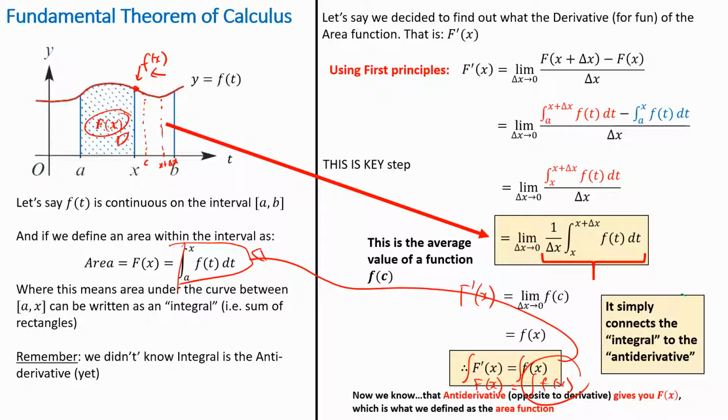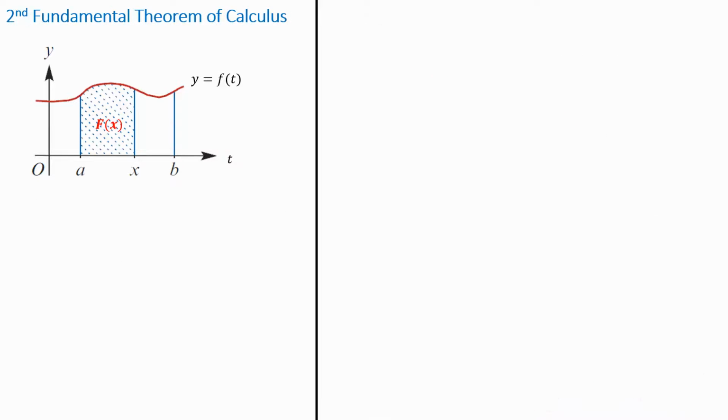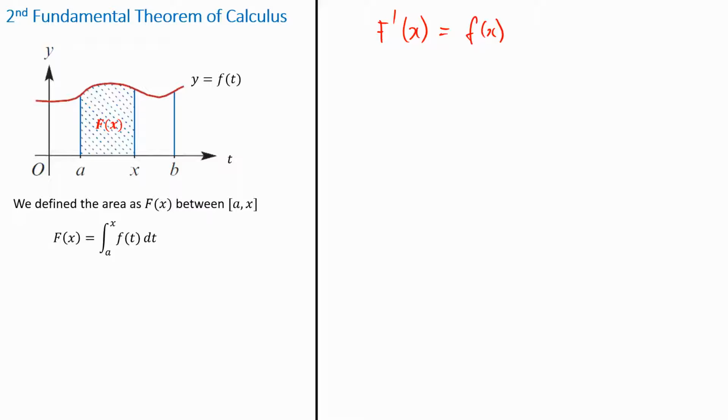Again, that's the sort of proof for it, which then leads on to, remember in my first slide about definite integrals, I said f of b minus f of a. Well, let's think about that now. So this is what we call the first part of the fundamental theorem of calculus. This is the second part of it. The second part says that, okay, now if you know that the area is linked to the antiderivative, this was the biggest key definition at the time that really made a massive difference to calculus, because we now know the antiderivative equals the area, or is the integral. What you can now say, if the integral from a to x is defined as the area,